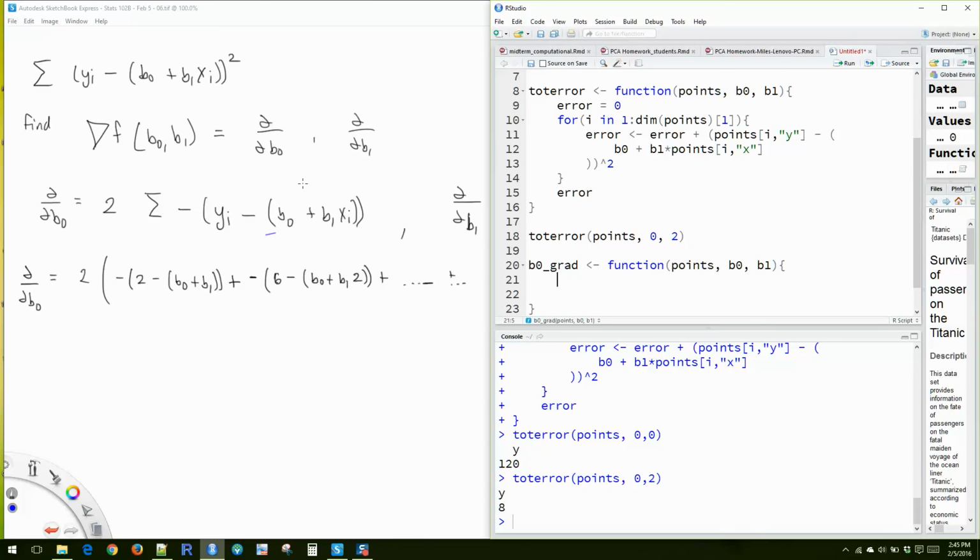Okay, so I'll start off with a, okay, so we'll just call this the gradient. We're going to start that off equal to 0. This is not the most efficient way to go about it, but we'll just do it this way. Okay, so for i in 1 through the number of points that we have, dimension of points,